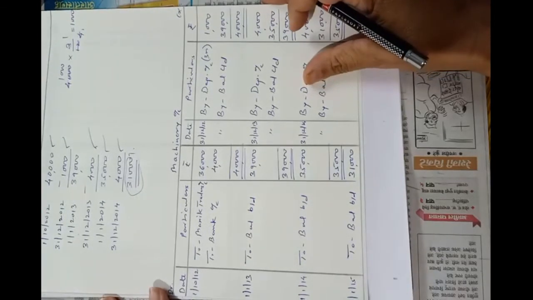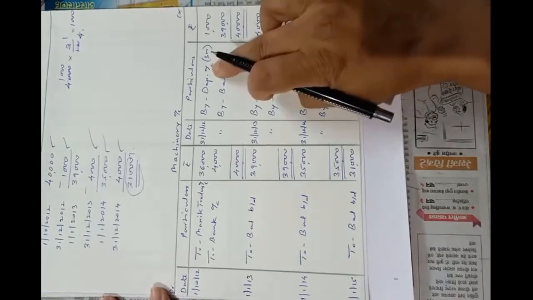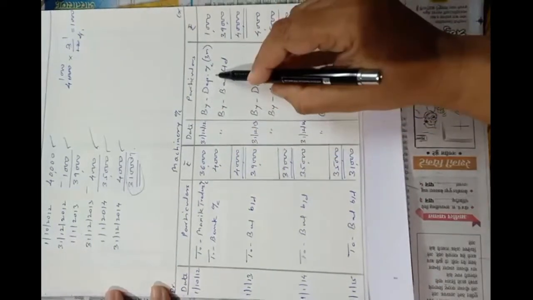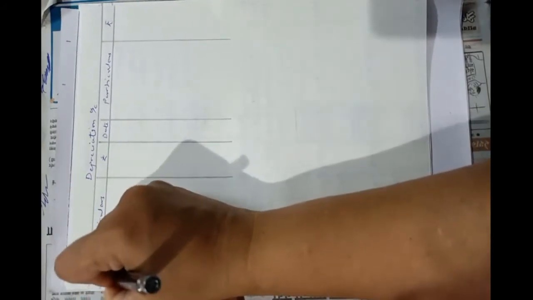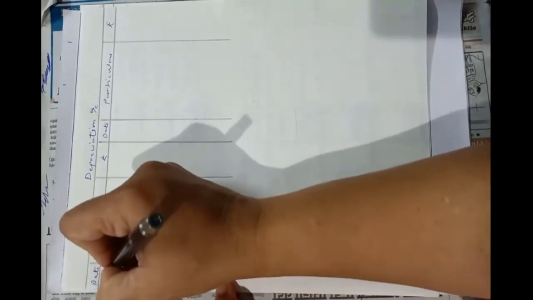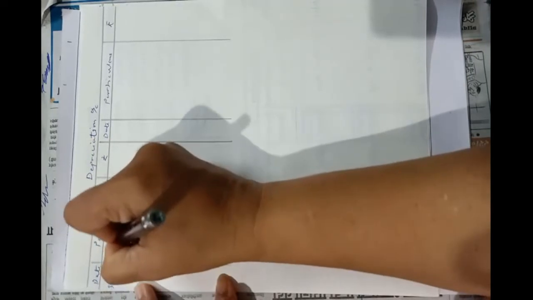Preparing depreciation account is very simple. Only we have to do the second posting of these entries of depreciation. So first entry, credit side of machinery account by depreciation account, means debit side of depreciation account to machinery account. So on 31st December 2012, to machinery account,